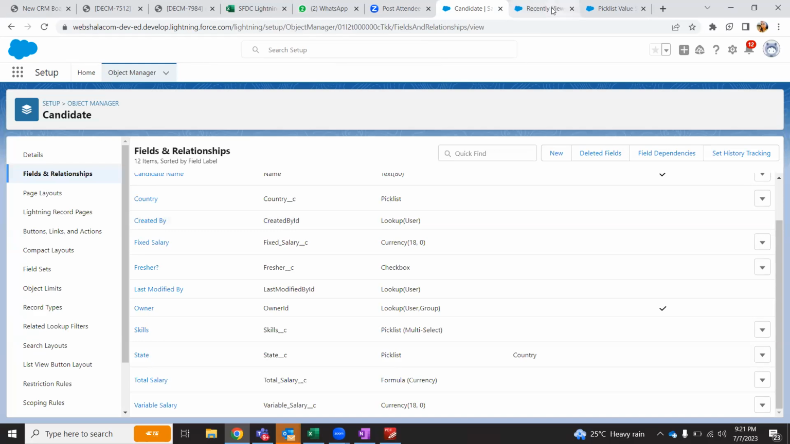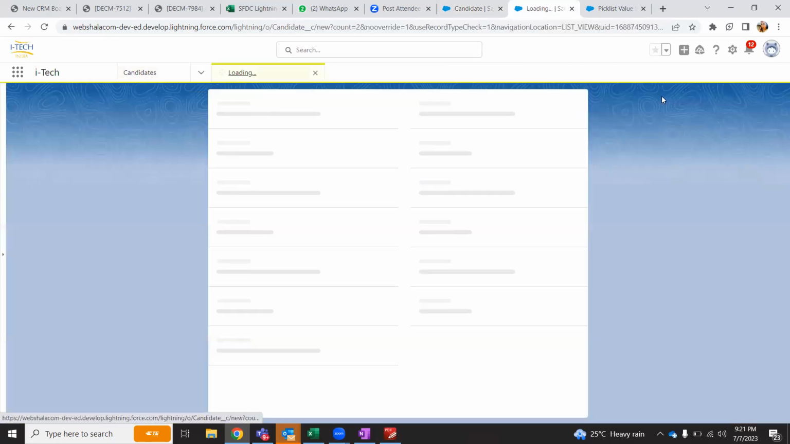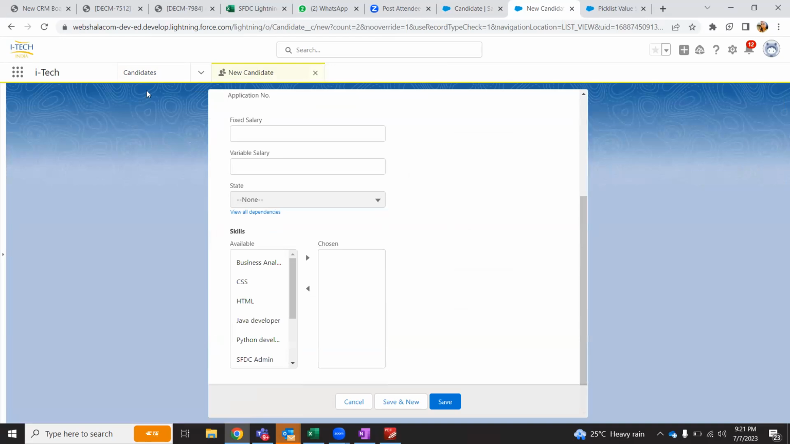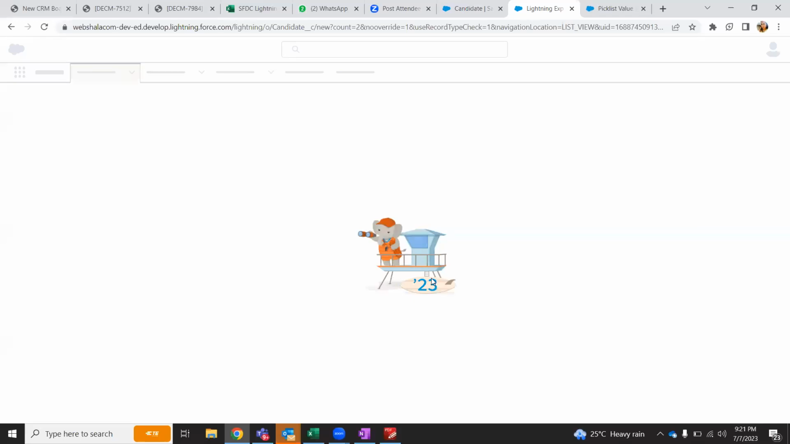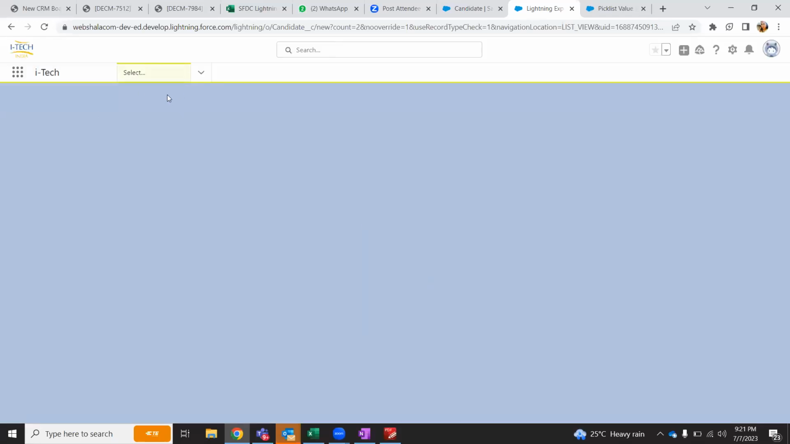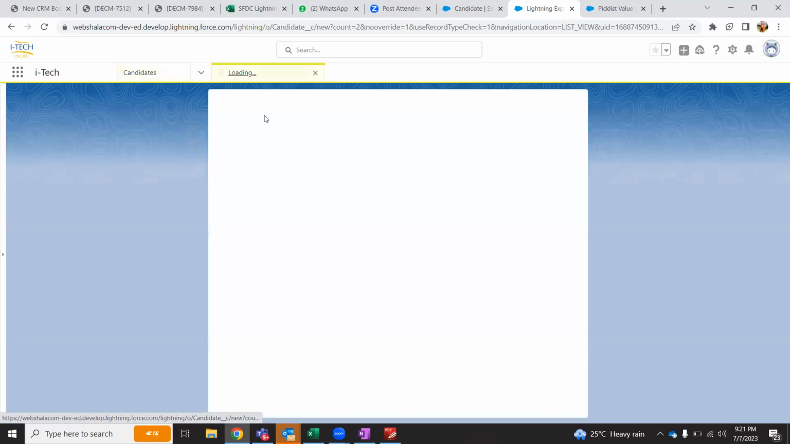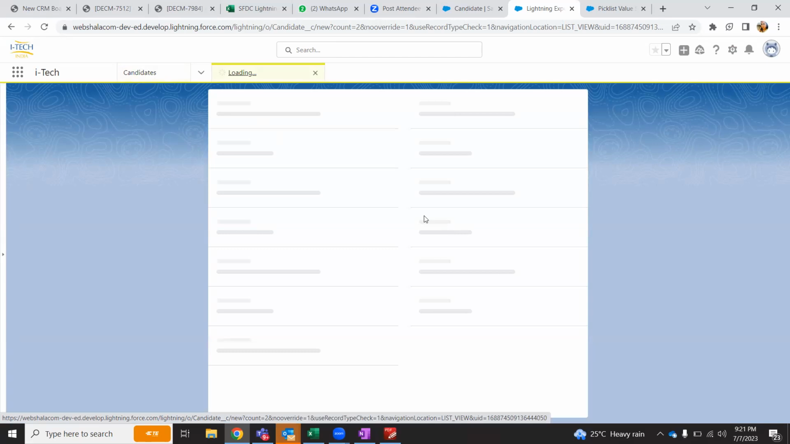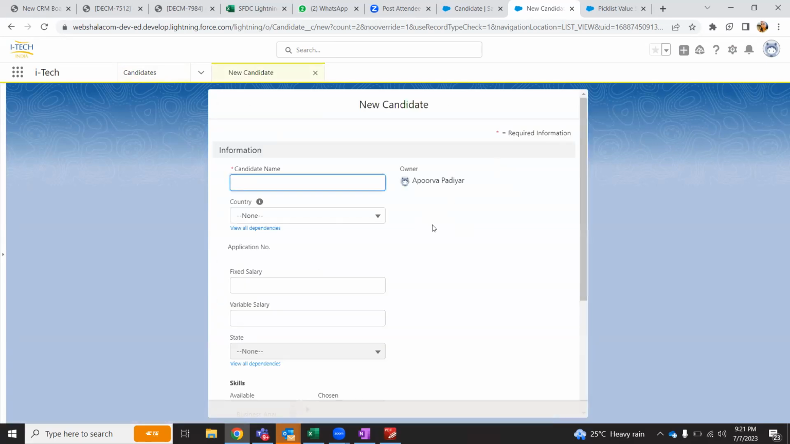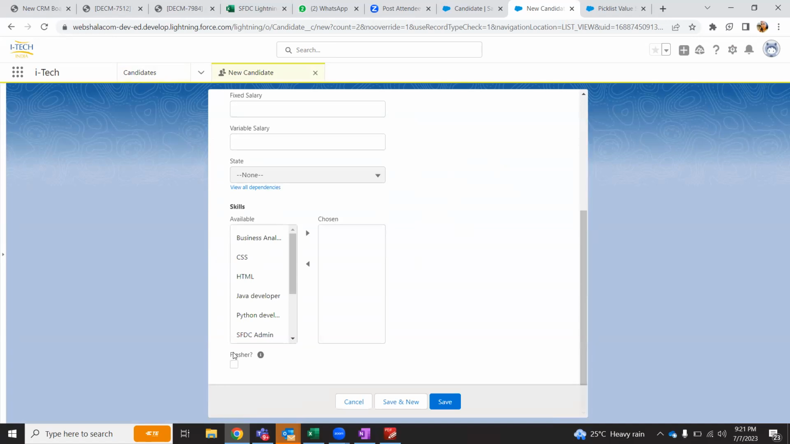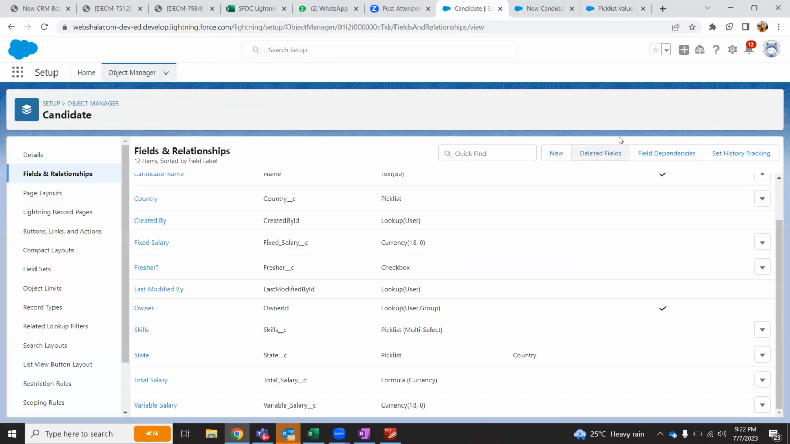So I created fresher field and now I'll click new. Okay, I need to refresh. So every time we do something, we have to refresh. So here there is a fresher field that got created, and see, please checkbox if the candidate has no work experience. Now if I go back to the field dependencies,